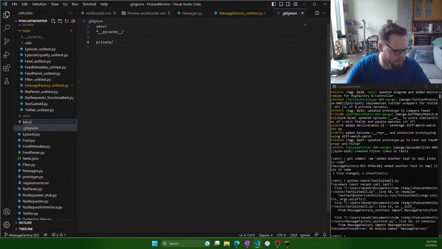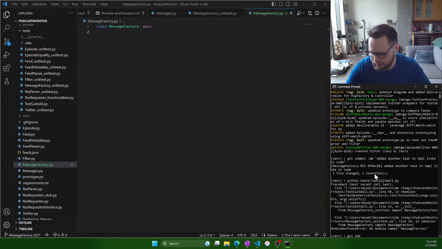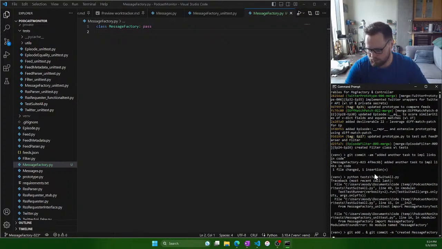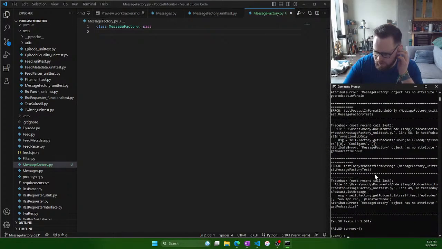and we'll say MessageFactory.py, and we'll have class MessageFactory. And we'll do a git add and git commit -m created message factory module. Alright, so now if we run it again, now all the other tests run, but we get